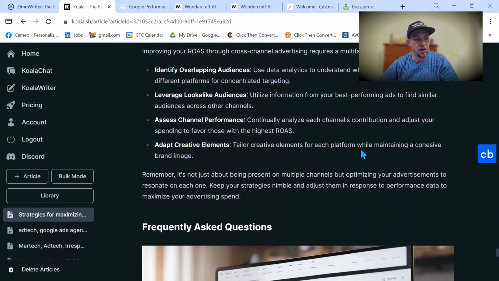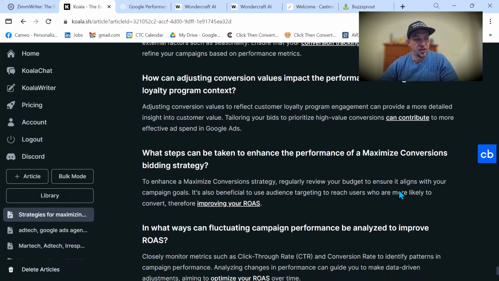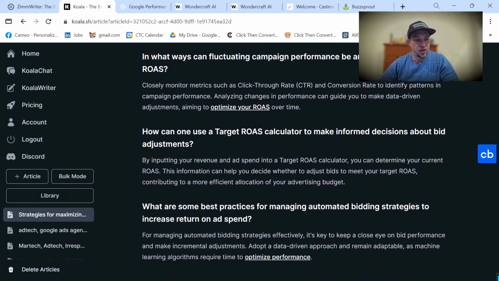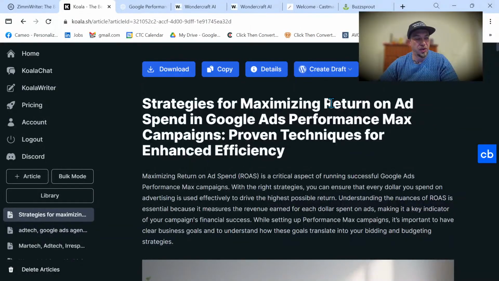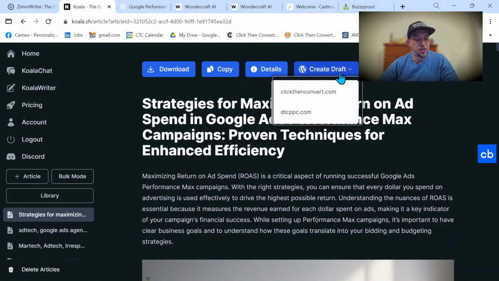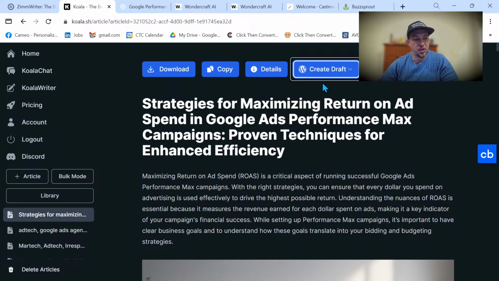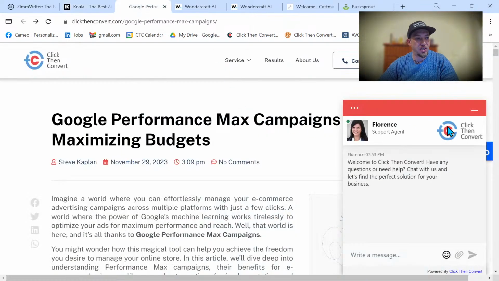Now we have the blog post. Now this blog post is a foundation for everything else. So I'm going to come back up here. If you're connected to WordPress, you can create the draft, and now it's been linked inside of this draft already to pages on my website, and now I've got a draft inside of WordPress that I can publish. You don't have to do that part. You can copy this. So just copy the whole thing. We copied the whole thing. And let me show you what it would look like if you did do that.